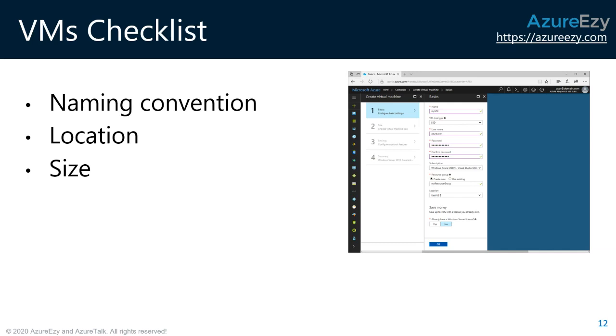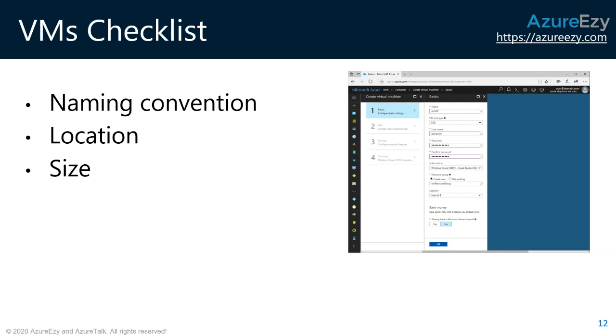Size is what hardware you are going to get from Microsoft in terms of CPU and RAM. When you go to the size, you will get a lot of options, and you need to select one of them. Now, which option are you going to select? During your learning, you definitely can select any one of the options, and if you have appropriate credit in your Azure, then you will be able to deploy that.